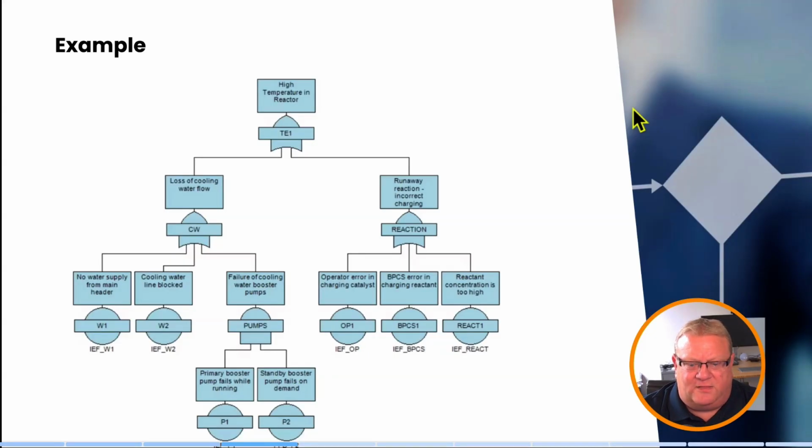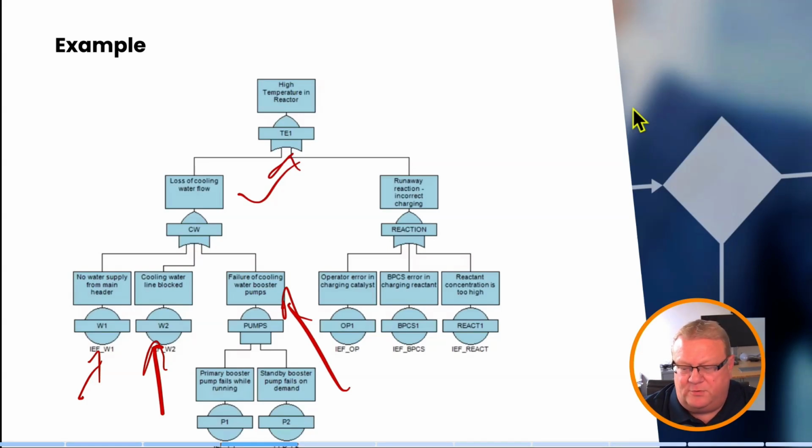So we can see that in this case, loss of cooling can happen because either there's no water supply, there's a blockage, or there's a failure of booster pumps. So all three of those are possible causes of loss of cooling,